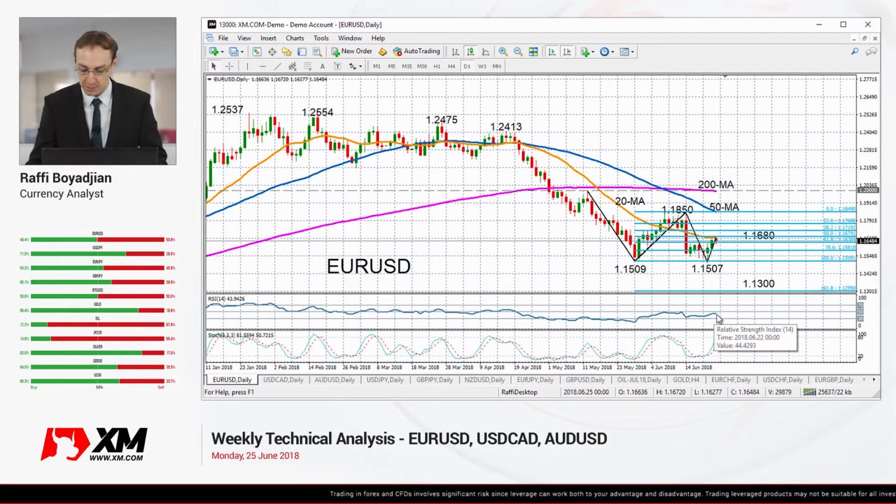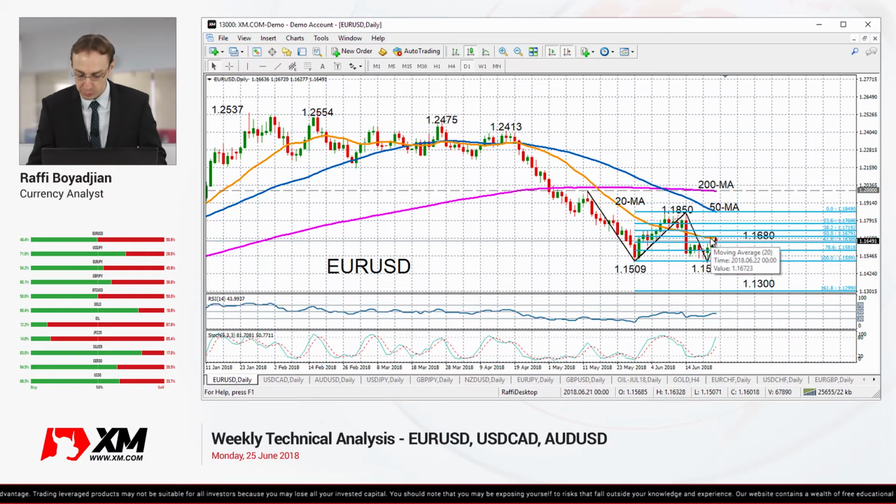RSI, although it is flattening just below the 50 neutral level, has recovered sharply from Friday, and the stochastics are pointing outwards. We can see the percentage K line just about to enter overbought territory. There is some resistance though at the 20-day moving average, which also coincides with the 50% Fibonacci retracement of the upleg from 1.1509 to